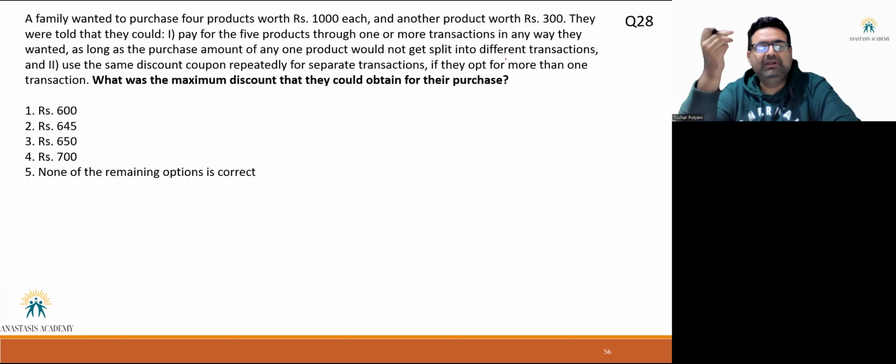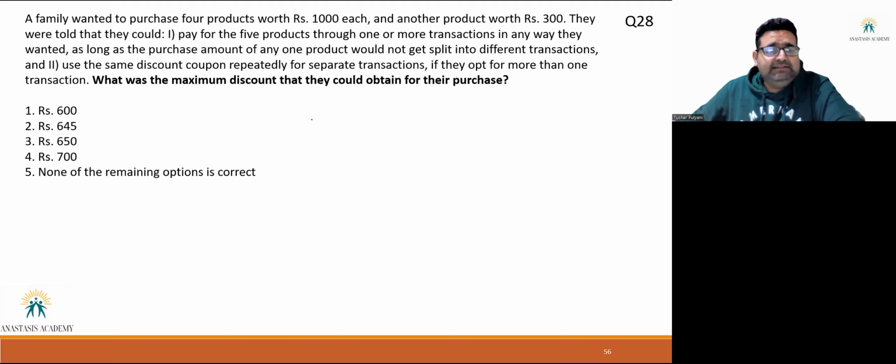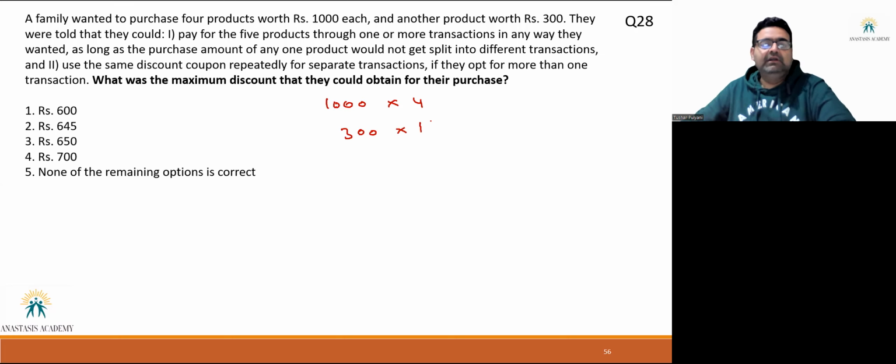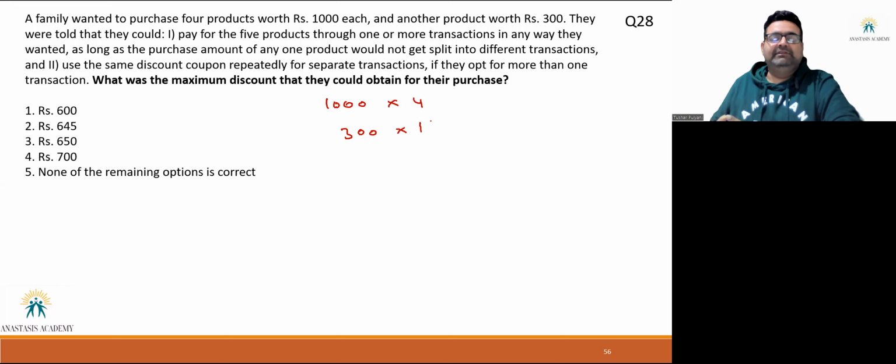Last question was easy. Easy because you could easily arrive at one answer and that was there in the options, and even after thinking you could not maximize that. They say that a family bought four products of 1000 each, and one product of 300. Now to apply those coupons, the store gives them an option to combine their purchases. I cannot split my 1000 into two billings of 500, 500, but I can combine one purchase of 1000 with another purchase of 300 and use that best coupon of A, which was applicable only above 1200.